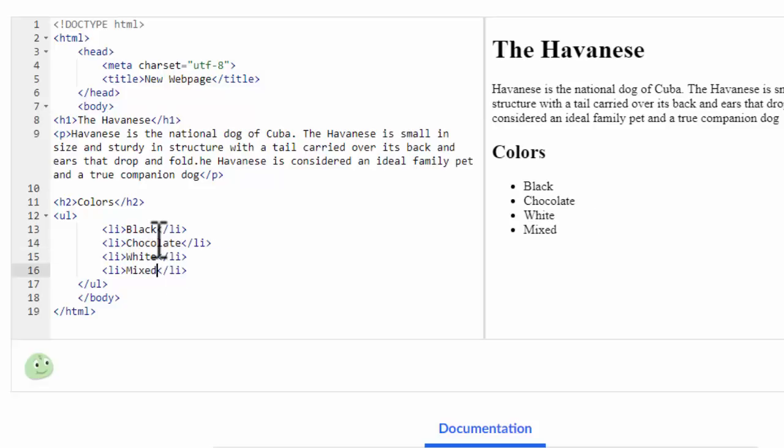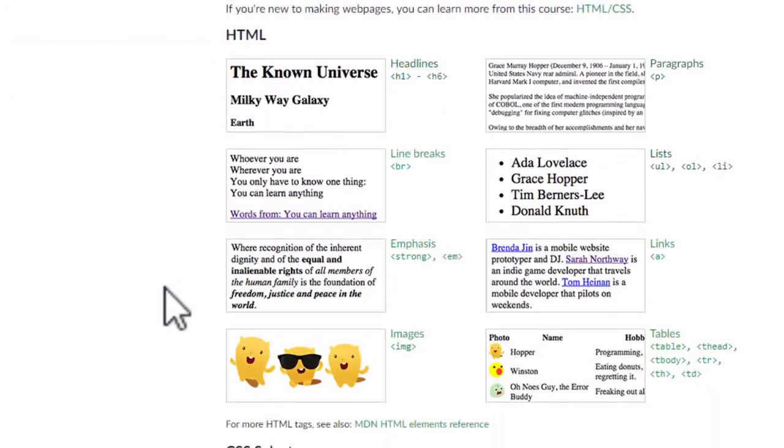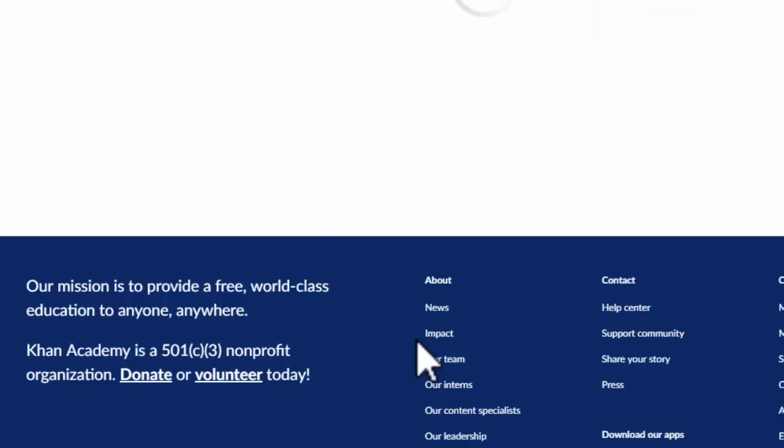So here are my colors, and it looks pretty good there. And see, I'm still in the body, but I need a space in there because I'm going to put a picture. This seems like a perfect time to put a picture in of the Havanese, and I'm going to get the image from Wikipedia, but first I need to go and make sure I know the image tag. So I'm going to go down to documentation one more time, click on images,